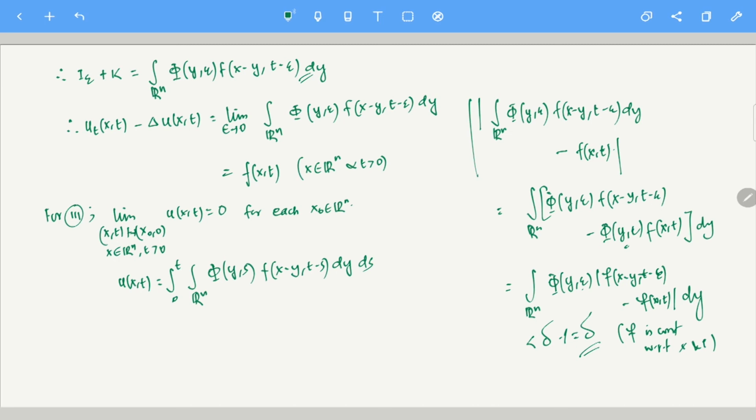You can do this, or you can use the fact that f has compact support. So I take the L infinity norm with respect to t. I don't care about x anymore; I'm just taking the norm with respect to t. Taking the maximum between 0 and t, f has compact support with respect to t, so I can take that maximum.